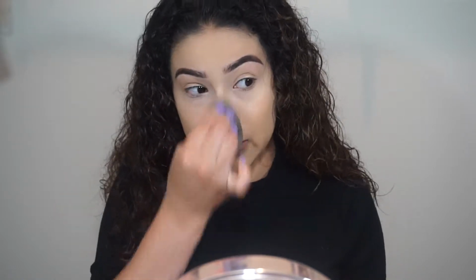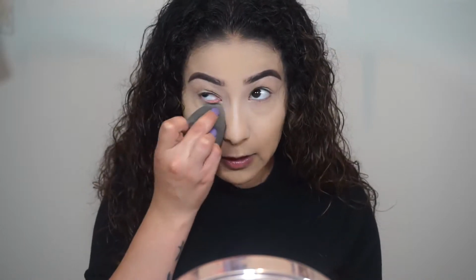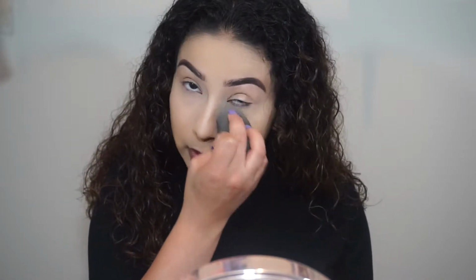So I'm just going to go ahead and blend that out. For the highlight on the nose, I don't blend it out that much because as you can see, it looks like I have a contoured nose. So I just blend it out a little bit, because I like the illusion of having a contoured nose without really having to go in and contour it. Okay. So now,